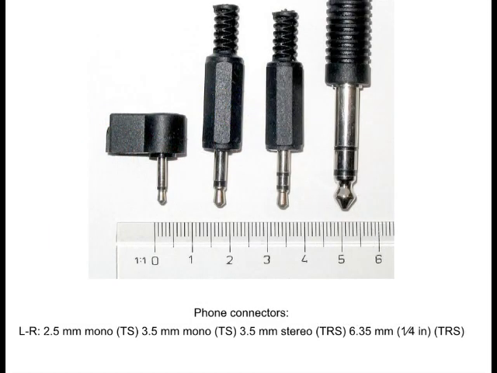A 1/4-inch TRS phone, where T stands for tip, R stands for ring, and S stands for sleeve, is the stereo version of a 1/4-inch phono plug and is used to carry, depending on application, stereo headphone signals or balanced line level signals in equipment interconnections. The common 1/4-inch stereo phone plug was originally designed by the Bell Telephone Company around 1880 for use on telephone switchboards. That is why it is called a phone plug.